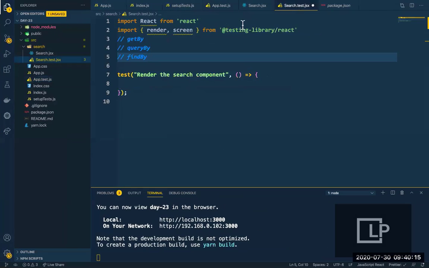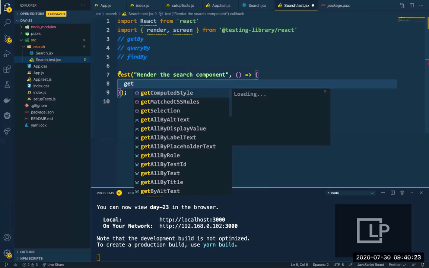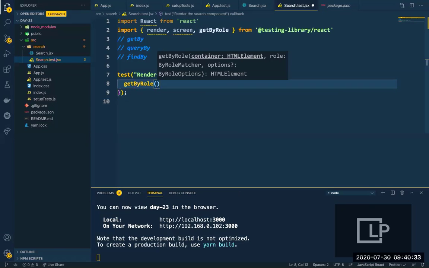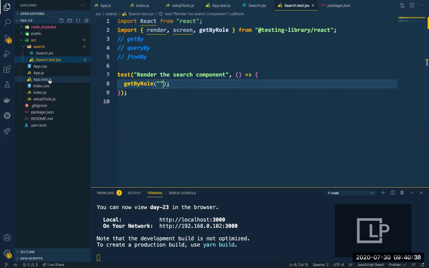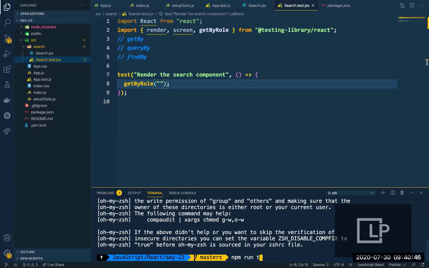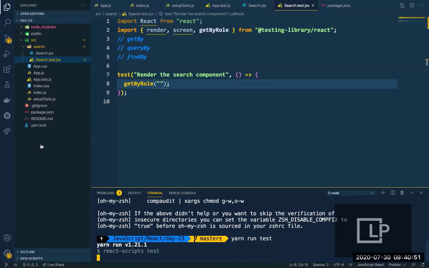I'll go to search.text.js and start dwelling between these values, all right? So what I'll do is I will just have getByAltText or getByLabelText or getByPlaceholderText or getByRole, anything, all right? So let's just put getByRole and then have an empty string here, all right? And now what I'll do is I will make sure that I use the jest command in another window by saying npm run test. I should not have npm run. Instead, I have to have yarn because I have yarn.lock. That's why